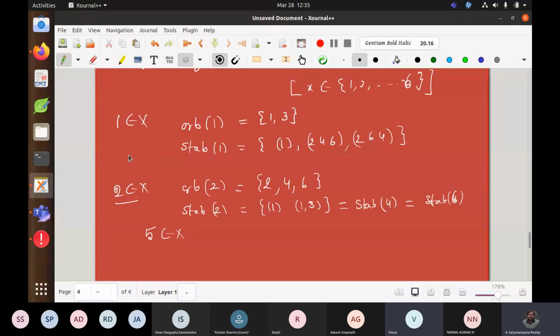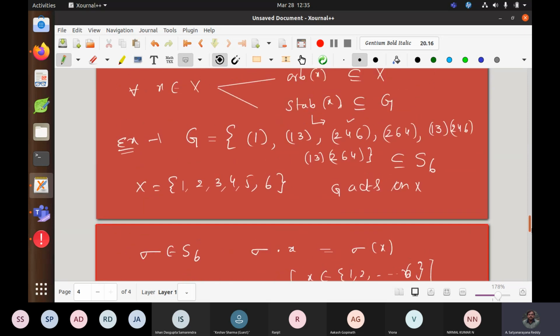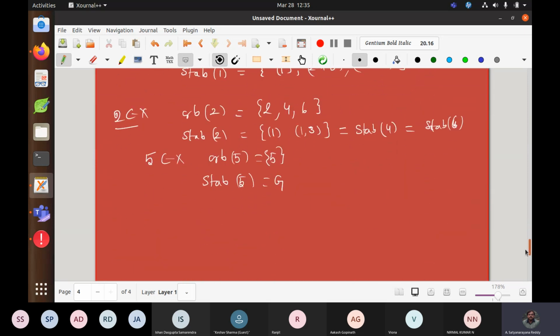What are the things which one you are telling? The whole group is the stabilizer, you are telling. The stabilizer is the whole of G. Very good. What about the orbit? Singleton 5, only singleton 5. Okay. So every element is fixing 5. So that is why the stabilizer is the whole of the group, whereas the orbit is a singleton. Okay. So those elements will be denoted like this. What is the meaning of this? So what is the definition of Xg? So all those x in X such that, somebody can help me.